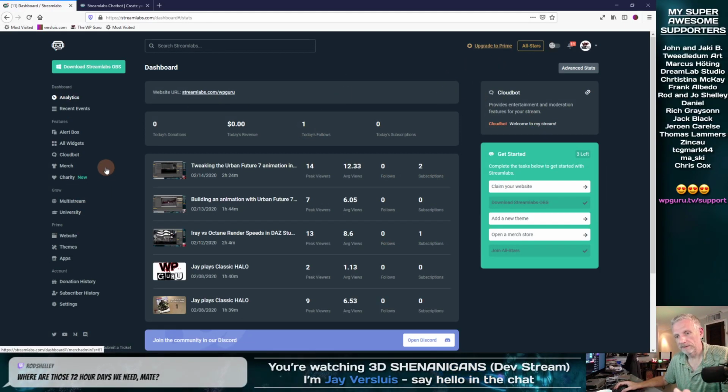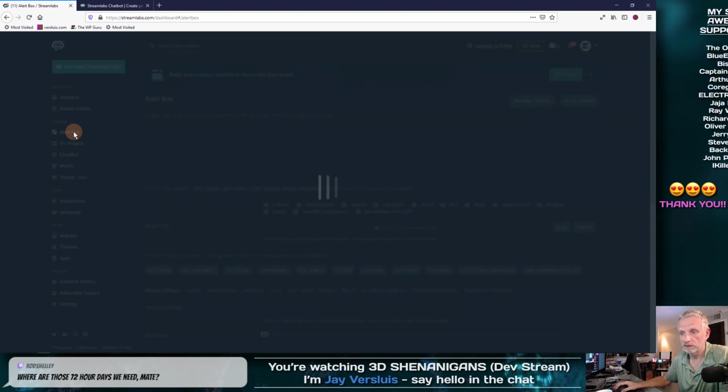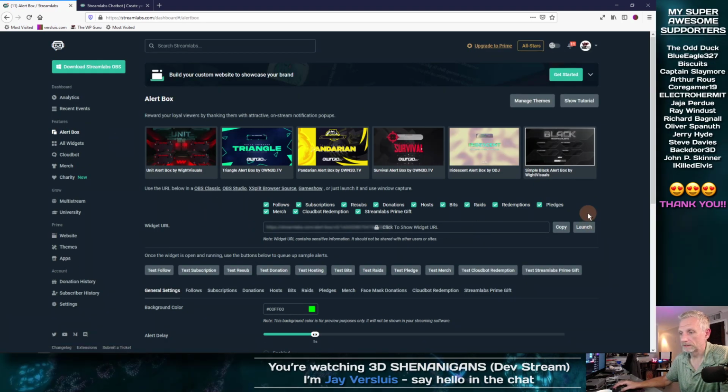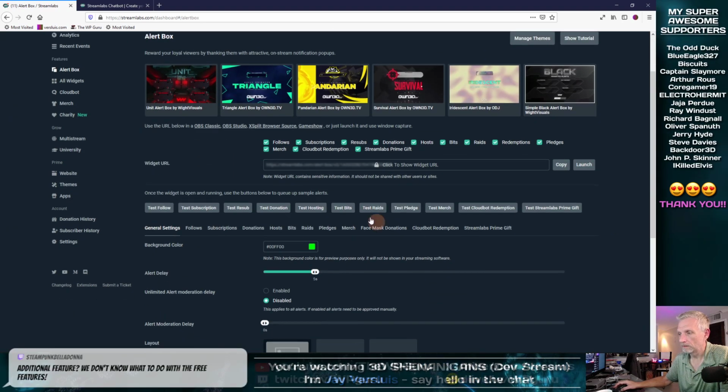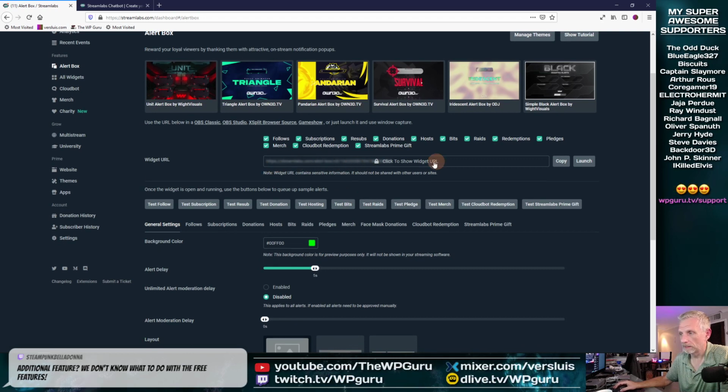So these overlays, and while we're here, I might as well talk about overlays. Those are called alert boxes, I believe. You can see them over here. If you go into alert boxes, you can see there is a URL here that luckily is grayed out, so I can show it on the screen.